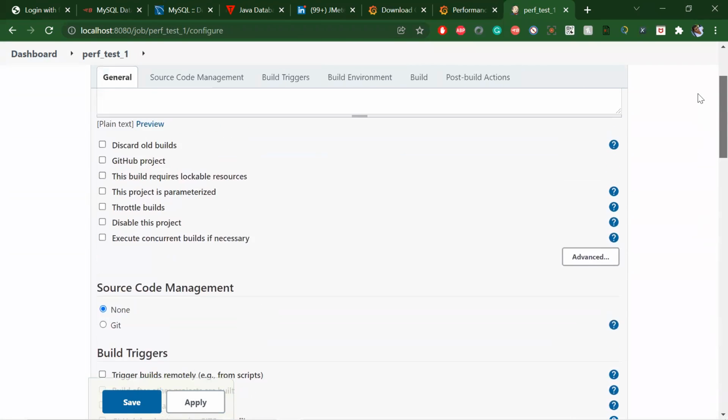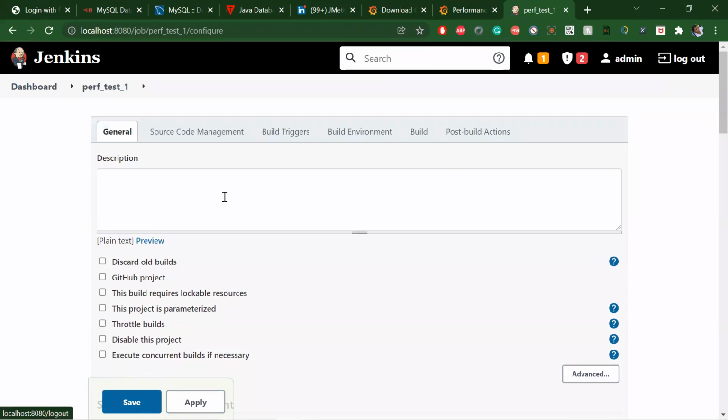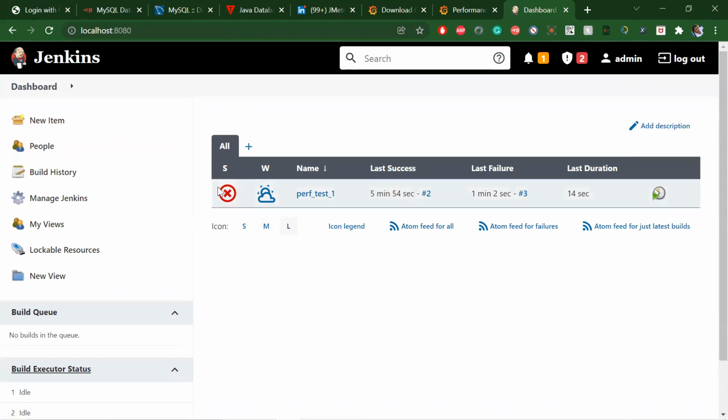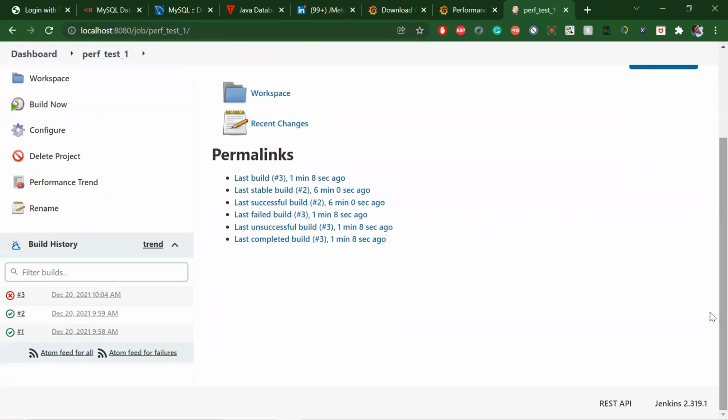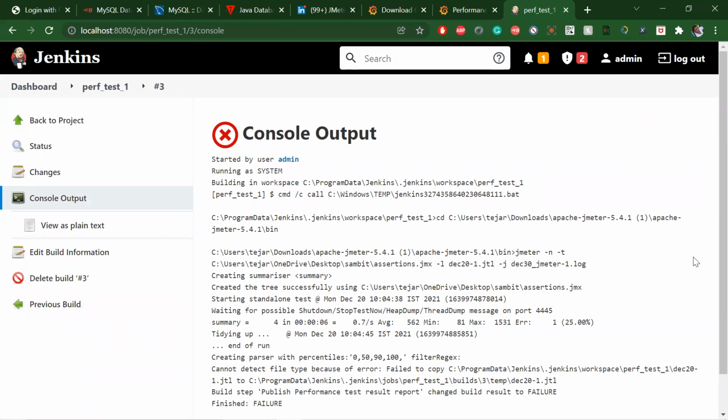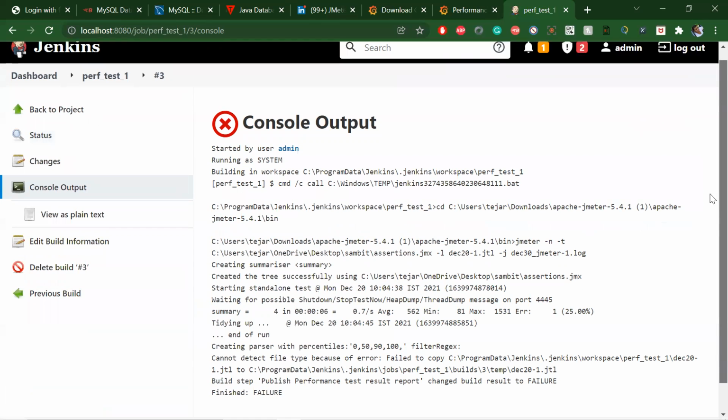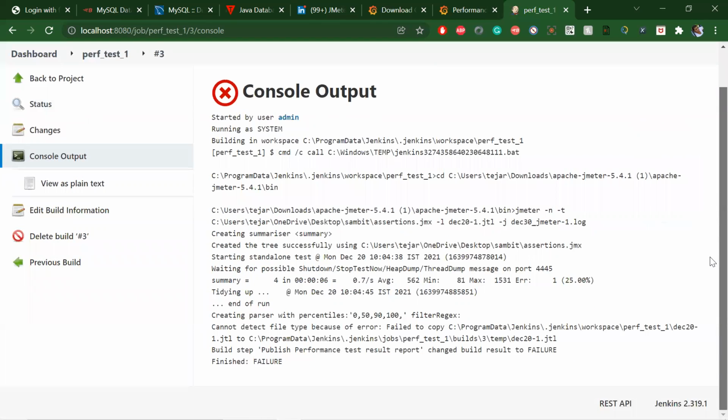Let's go to our job. It displays the graph. I think on failure it may not be displayed, but it displays the graph as well.